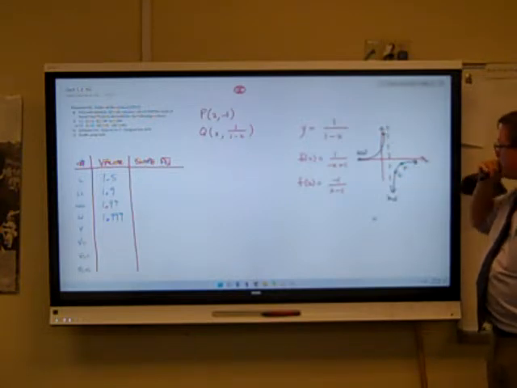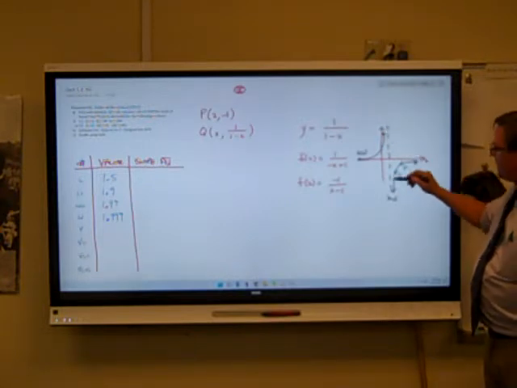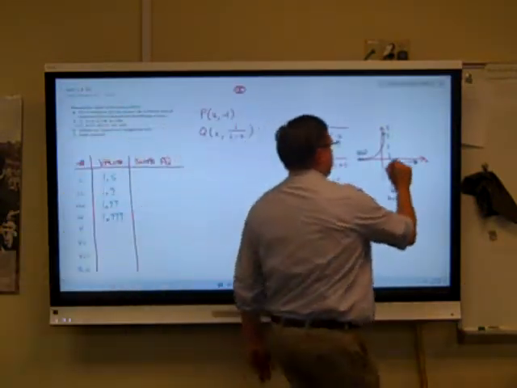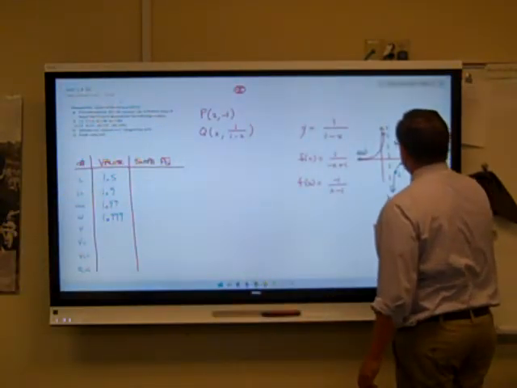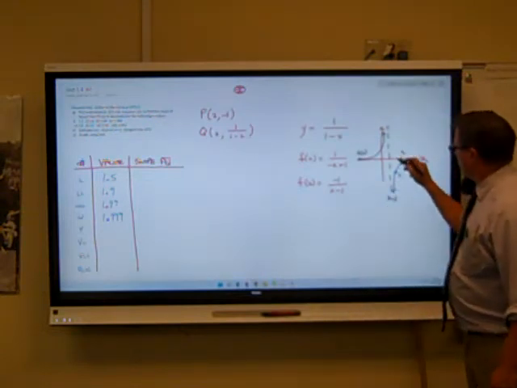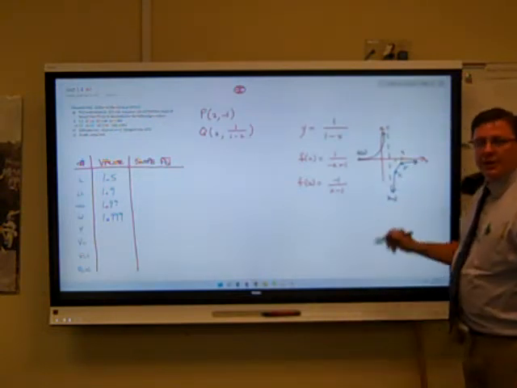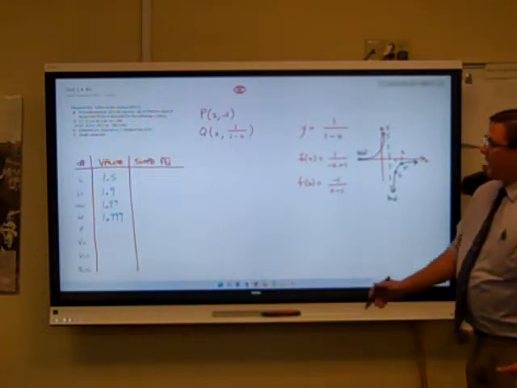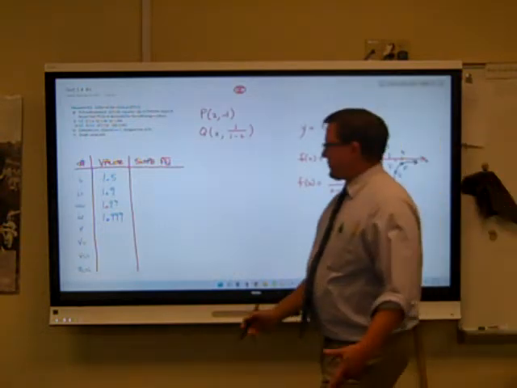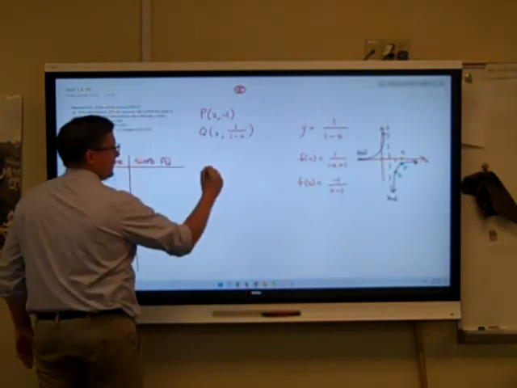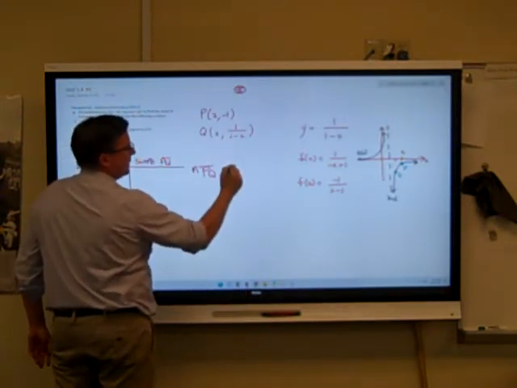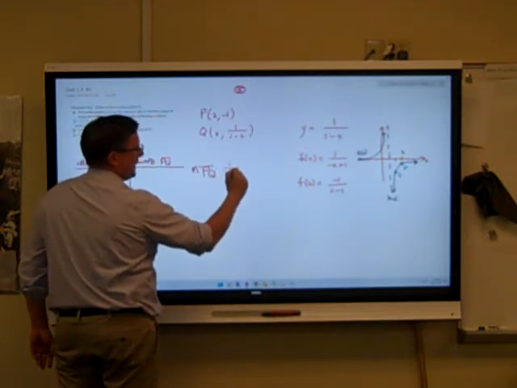So here it is, and P is at (2, -1), right? If I get a marker up here. So P is at (2, -1). And our first values here are going right here. So everybody, I want to be clear now. I'm going to set this up as a rise over run. So PQ, slope, m_PQ. Again, the y value is 1 over 1 minus x